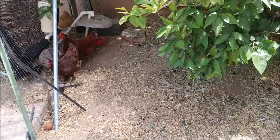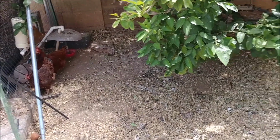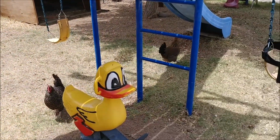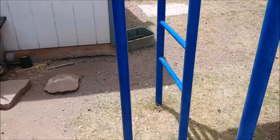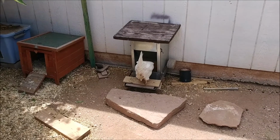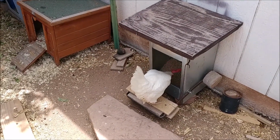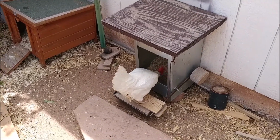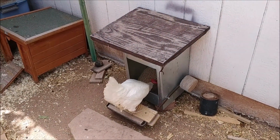It's well over 100 today, May 29th, and I'm out here with my flock. I've got 10 birds, most of them Americanas. I got a barred rock and a leghorn and a few other birds, but they all seem to enjoy my rat-proof bird feeder. They've learned to use it, and the only thing I've had to do is,